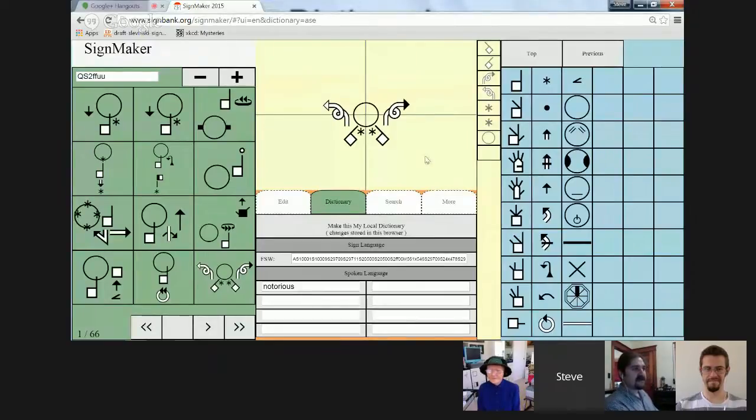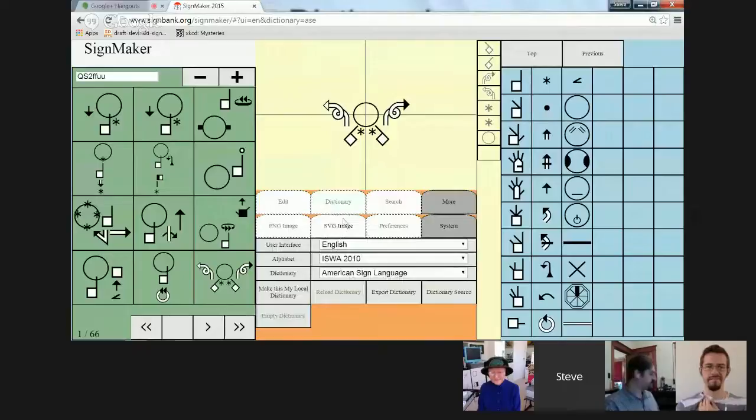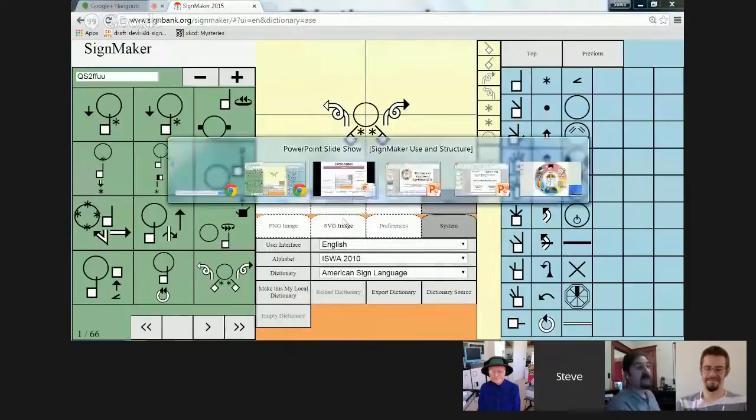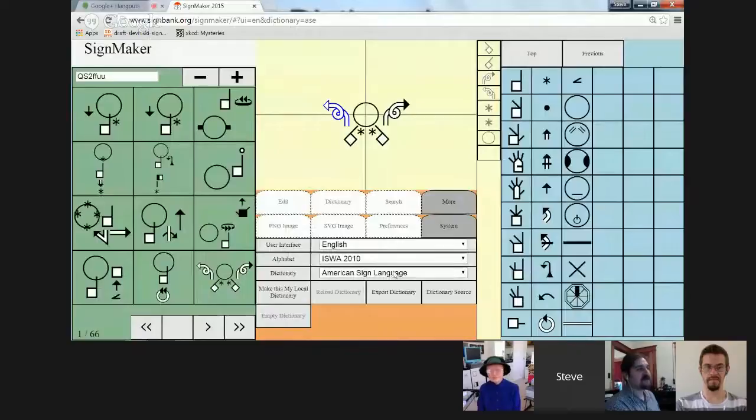Well, I've got a couple more things to say about the system. Okay. If you're picking dictionaries, the My Local Dictionary is the only one that can be edited. That's very important, because right now I have the American Sign Language Dictionary picked. So it's a view-only dictionary. I can't make any